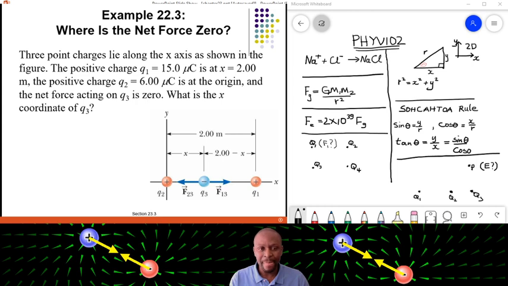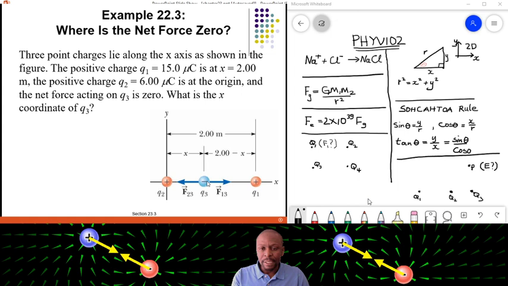What is the x coordinate of Q3? Now, for the net force on Q3 to be 0, it means that the electric forces F23 and F13 must just be equal. If these forces are equal, therefore there will be no force on this Q3. Now, how do you do that? You just apply